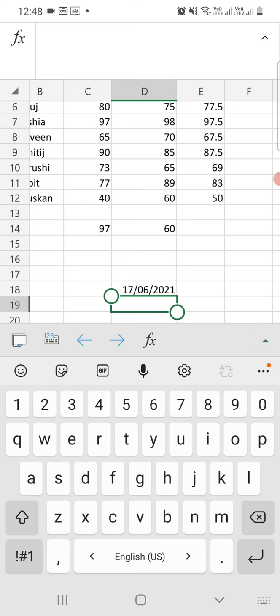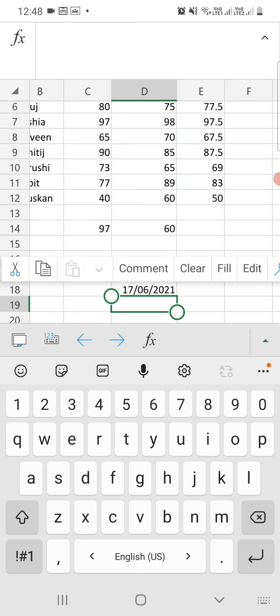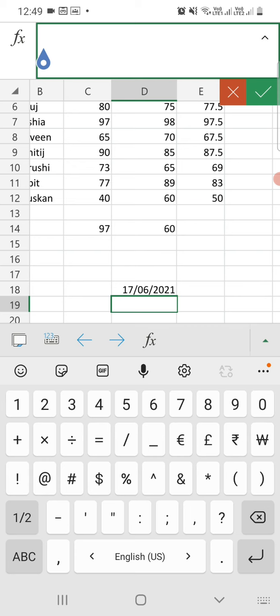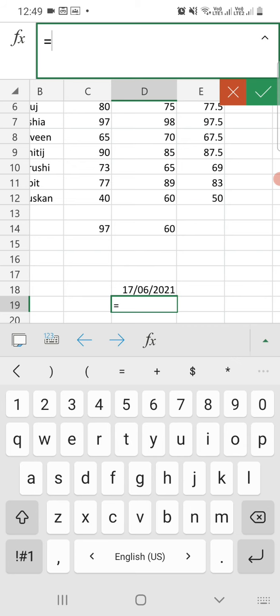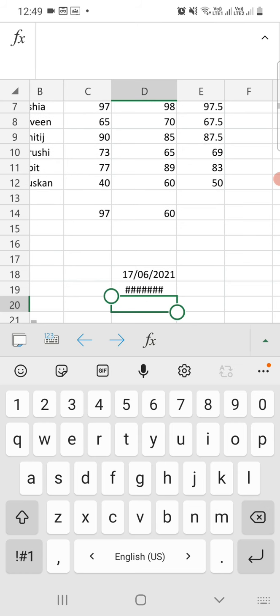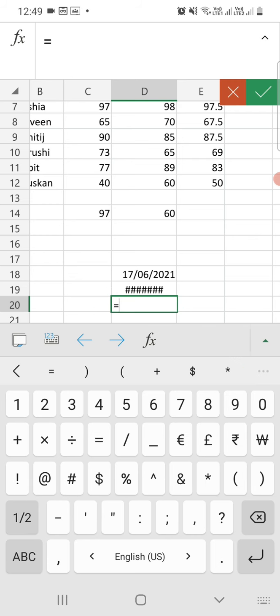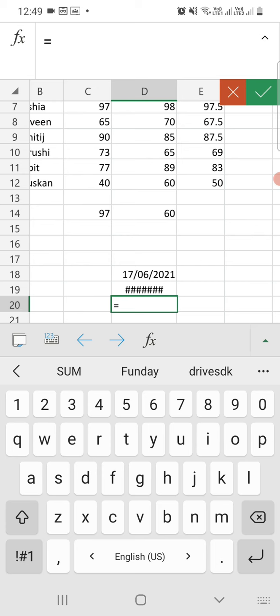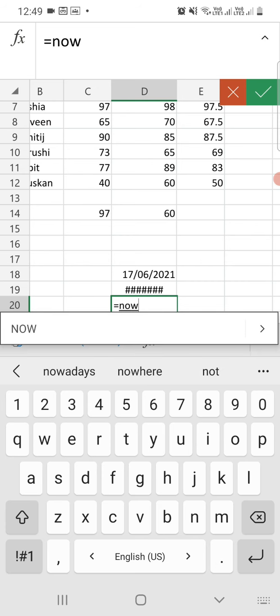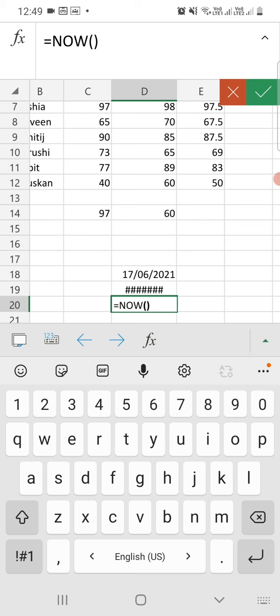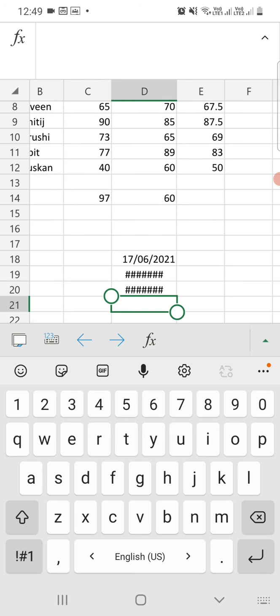And if you want to show the time, you need to write the function, that is the NOW function. Write the function equal to NOW. Here is the function, press Enter, it will show you the time of now.